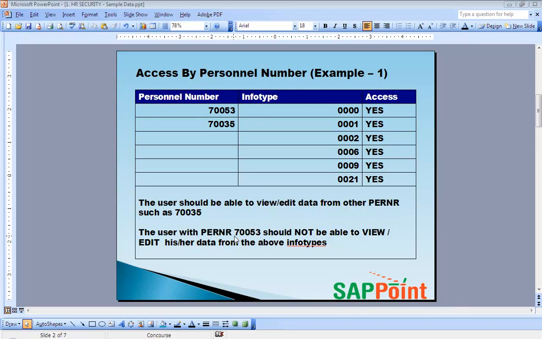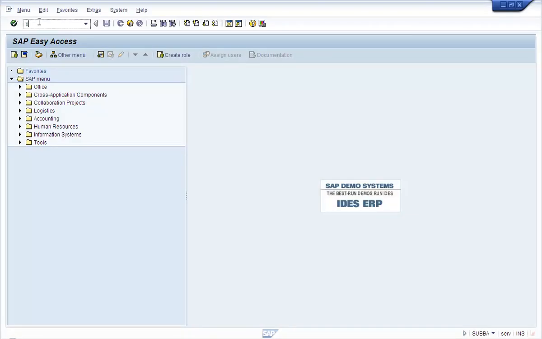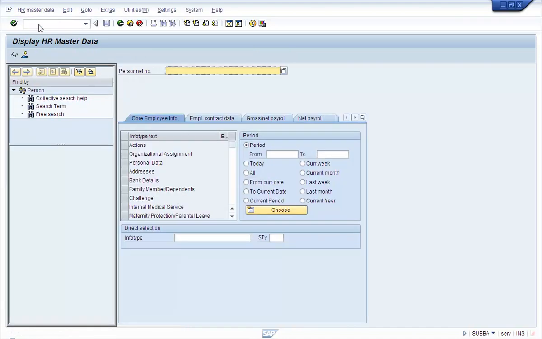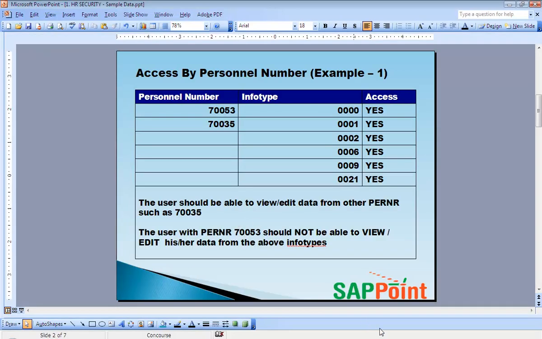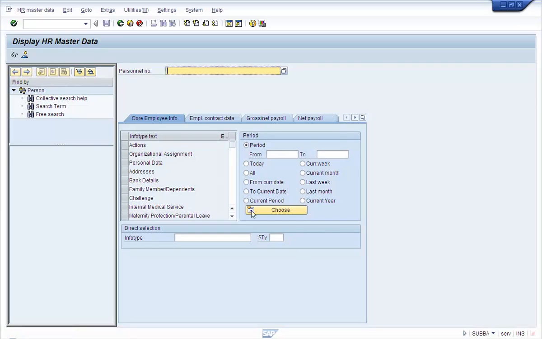We'll check that the user ID that we are going to use is linked with this partner 70053 in info type 105. So let us execute the transaction PA20 and enter 70053, because that's the user ID we're going to use in the personal number field.